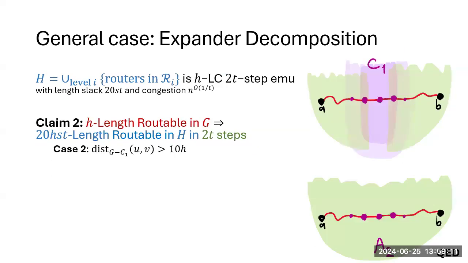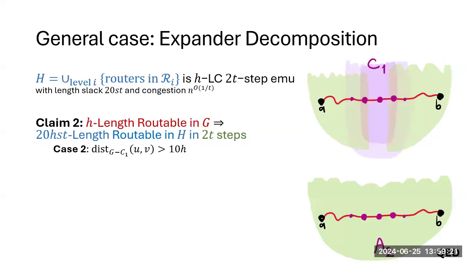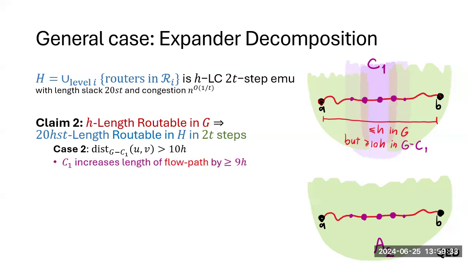So this is the last slide on the technical thing. Let's zoom into A and B here. It looks like this: A and B are here, and there is some cut length increase in between. They were close in G, but they are super far in G minus C1. It means that the length increase C1 really increased the length of the flow path a lot, by like